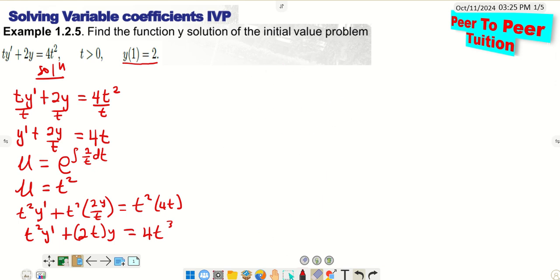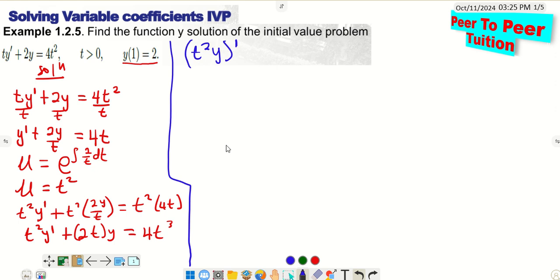Alright, so the next thing we have to do is to simplify the left hand side. If we simplify the left hand side, we will get the integrating factor, which is t squared multiplied by the dependent variable y. Then all together you find its derivative. This is the product rule. When you simplify this, you get this. So all this one should be equal to